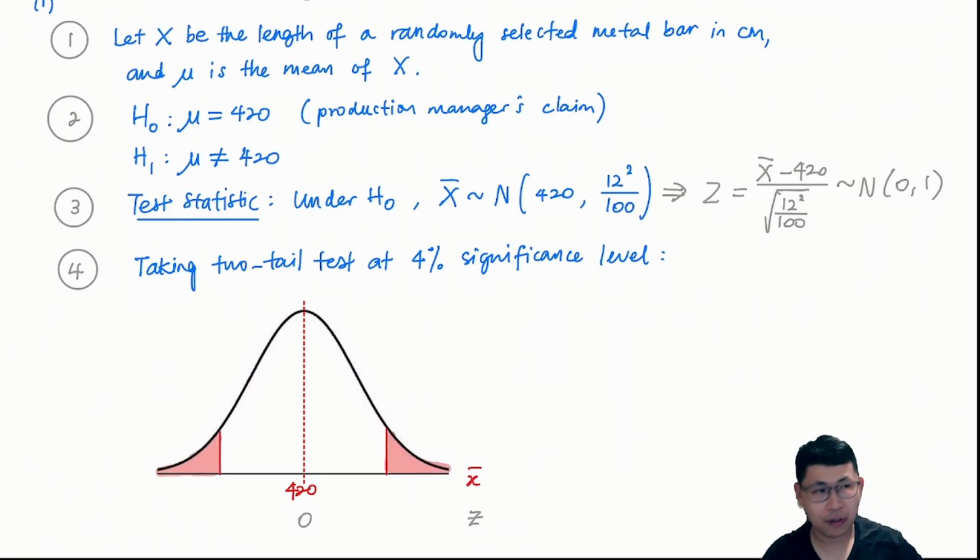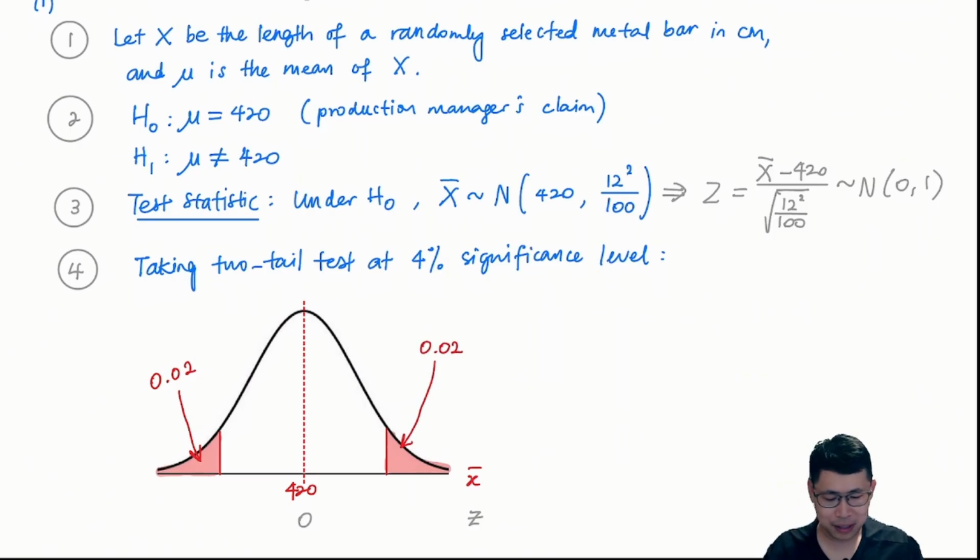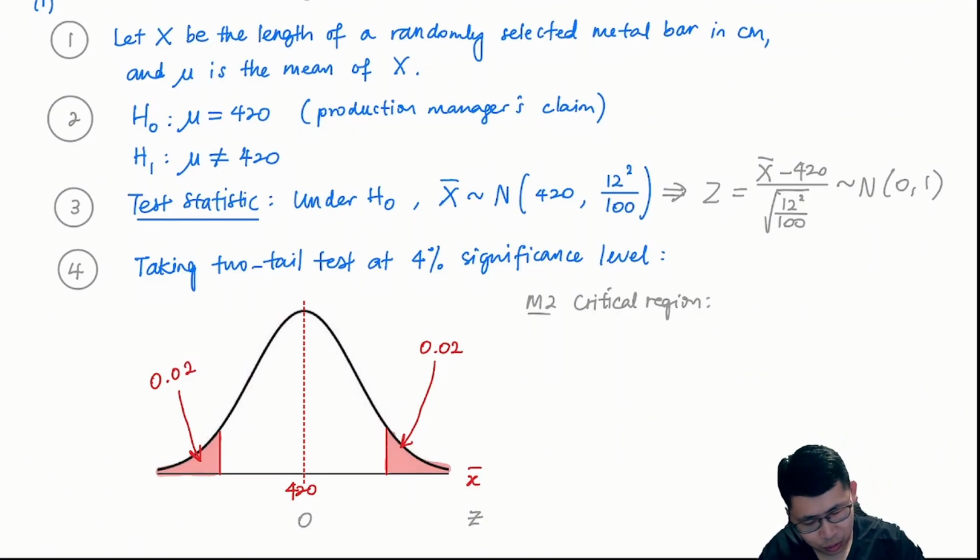So for the p-value method, this one over here would be 4% divided by 2, so I have 2% here, and I have another 2% over here. Okay, so this is the set up for the p-value method. Now, to set up for the critical value method, I will need to first identify the critical region. So for the critical region, for method 2 of using the z-score, we will reject h naught